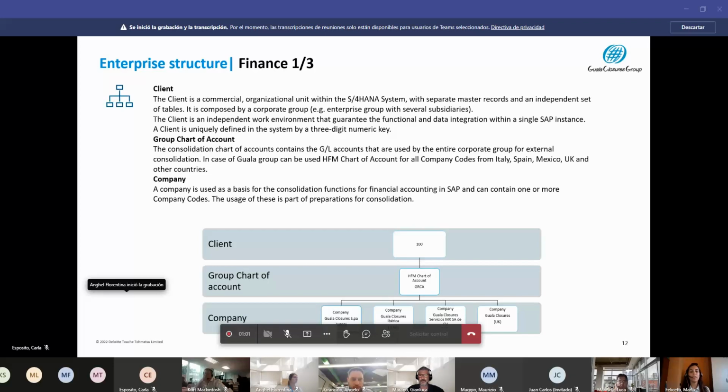account. The group chart of account contains the list of GL accounts used for consolidation. In this case, we have only one, called the HFM chart of account, applied to all company codes, for Spain, Mexico, UK, and other countries. In this case, the GRSA should be the code, and this is maintained in place in SAP ACC